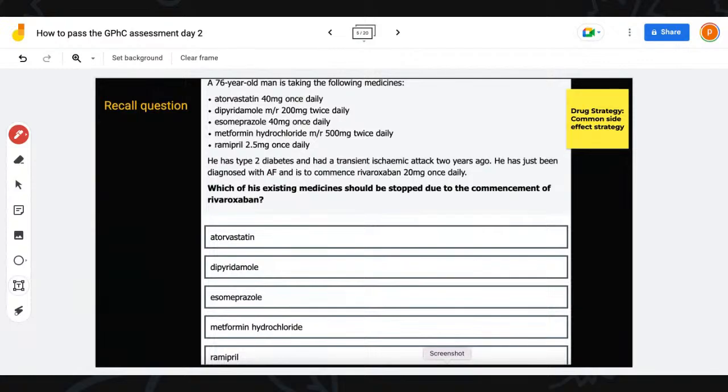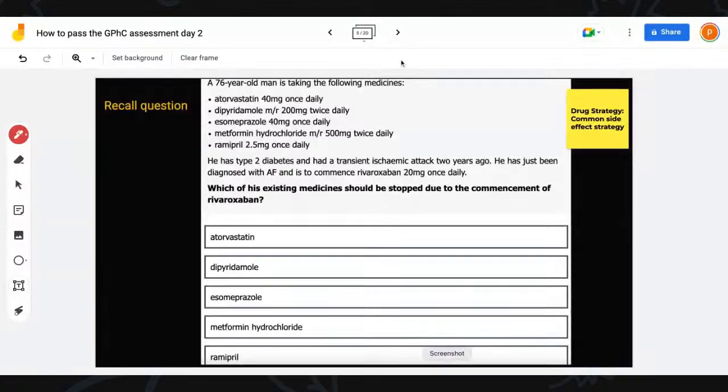So, common side effects. And you see that another question. We're answering GPhC questions. Don't be stressed. They are not that bad if you use the right strategies. So let's go to the next question. If you're ready, type 3, common side effects, guys. When we come to extended matching questions, you will see us apply this formula, and it's going to make a lot more sense to you.